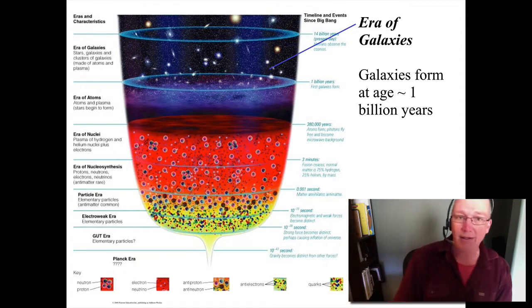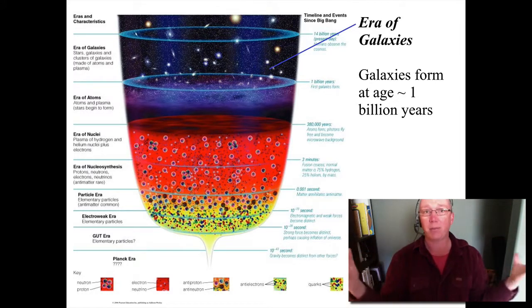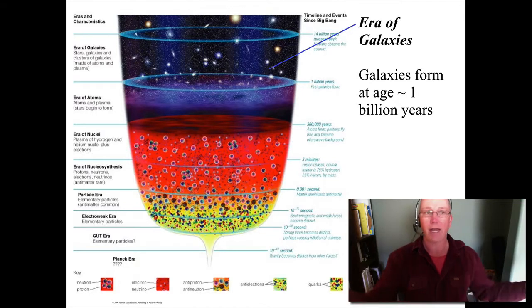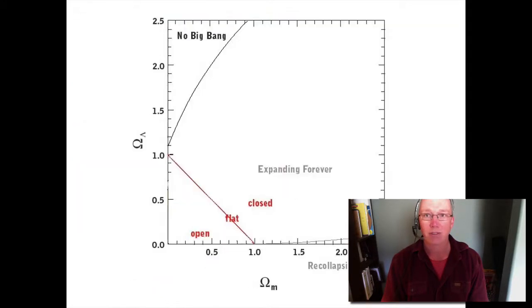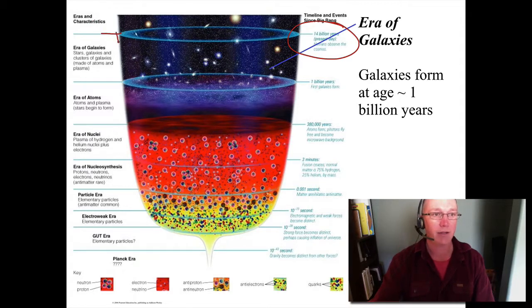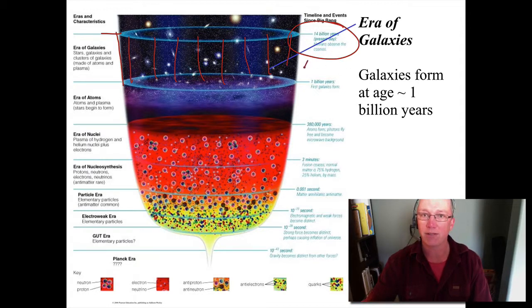Then we move into the era of galaxies. These stars and the dark matter that surrounds them start to clump up into galaxies, which creates more regions of star formation. And at about 1 billion years up until now, we are in what's called the era of galaxies. Some people call it the stellariferous age because this is when stars dominate the light of the universe. And that happens for the next 13 billion years until you get to us, which is right here. And we live right here, while it's still represented the same size, this is the vast majority of the time that the universe has been around. About 13 billion of the 14 billion years have been spent up here.